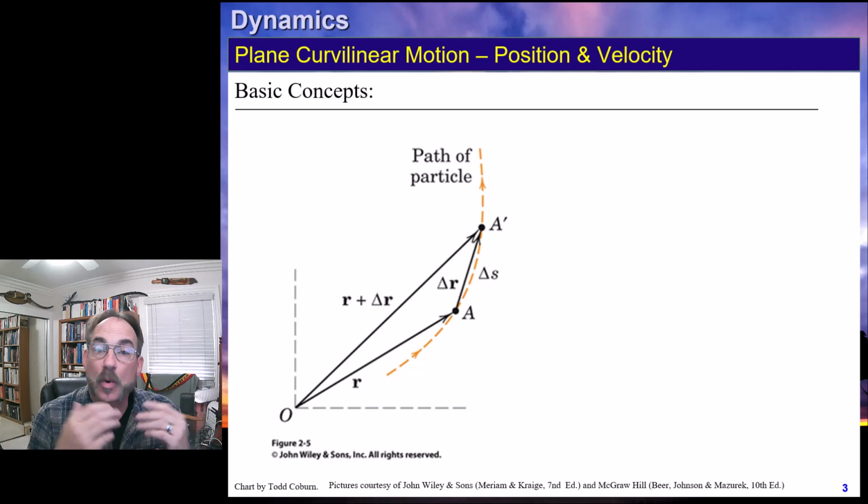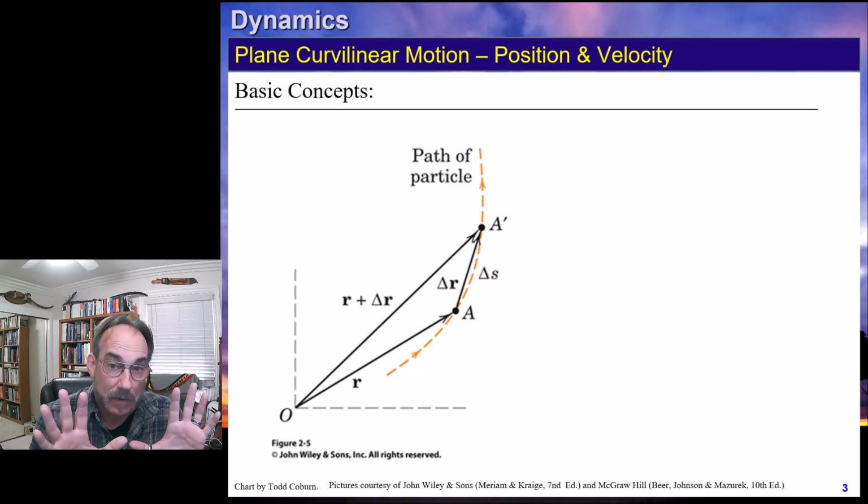We've defined our coordinate system. We'll just make X to the right and Y up. You'll notice we're looking at a plane. All of our motion is in a plane. We could also extend this to three-dimensional motion, but right now to keep it simple, we'll focus on just planar motion. You can see we have some kind of particle which happens to be at point A at one point,